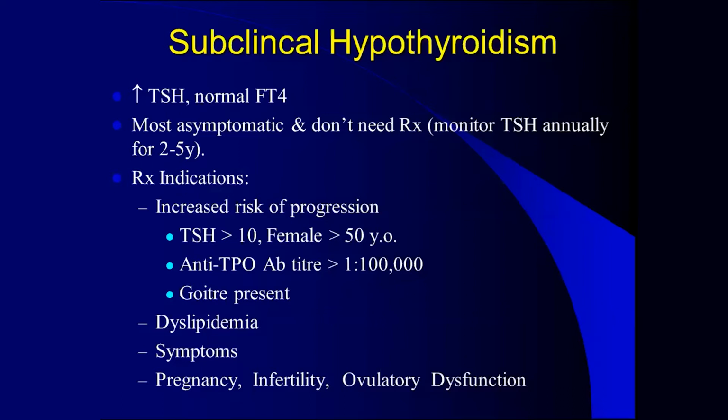When a definite goiter is present, or when the patient is showing laboratory values of dyslipidemia, with either hypercholesterolemia or hypertriglyceridemia, you need to treat subclinical hypothyroidism, because by treating it, there is a 6 to 8% reduction in the total cholesterol values as well. When the patient shows symptoms even at TSH values between 5 and 10, you need to treat the patient. And there is a special category when the patient is a pregnant woman, or is suffering from infertility or PCOD: you need to treat subclinical hypothyroidism. So barring these few conditions, for most cases of subclinical hypothyroidism, you don't need to treat the patient and just need to do a follow-up.